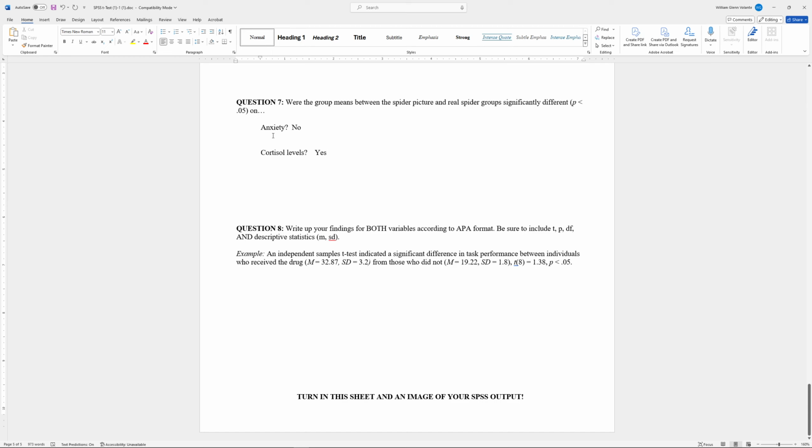We're going to do it once for our anxiety variable and once for our cortisol variable. So I'm going to go ahead and show you an example here, and we'll do the anxiety one together, and then I'll let you guys do the cortisol one on your own. So following the example here, we could say something like, an independent